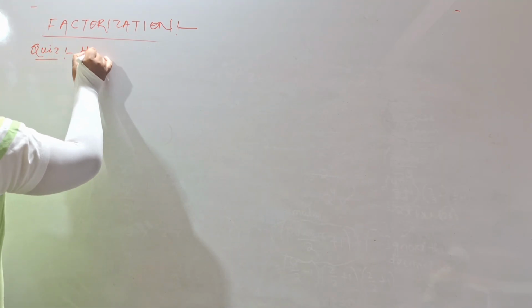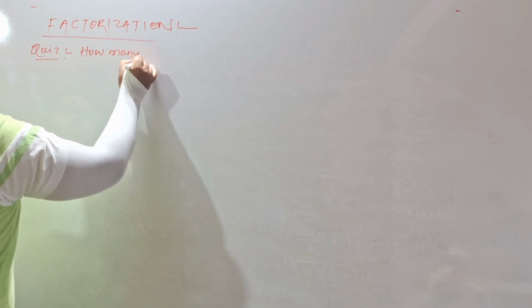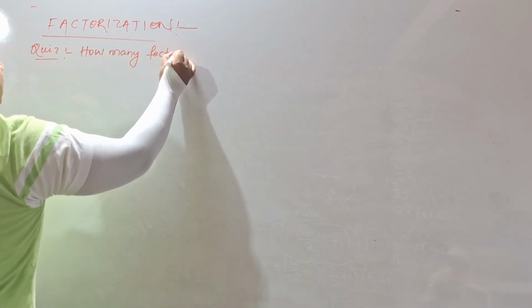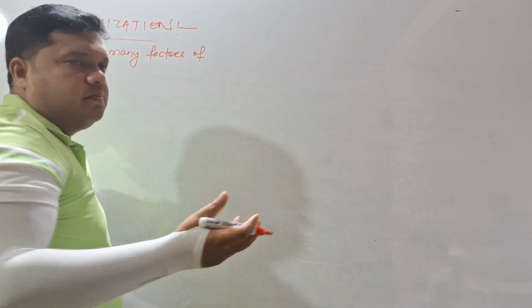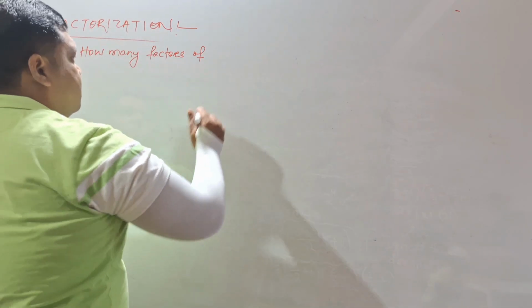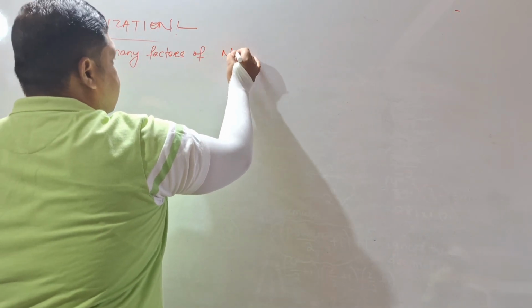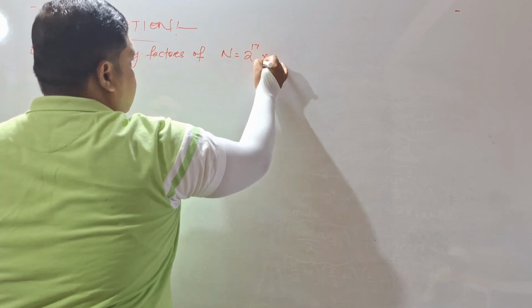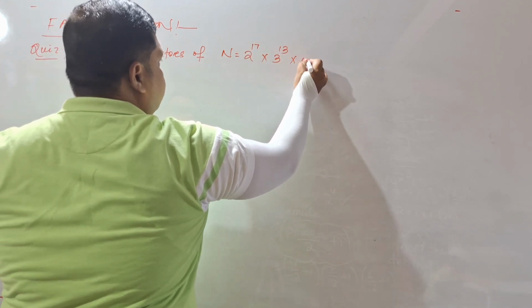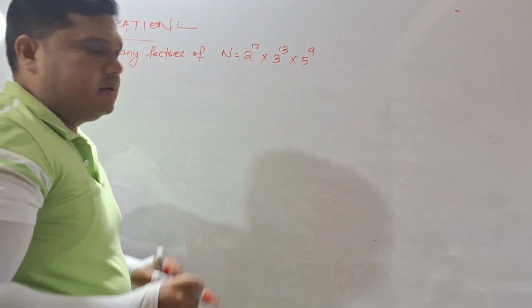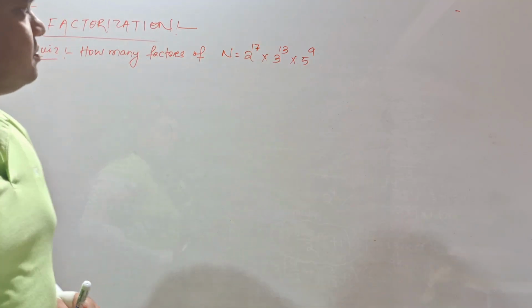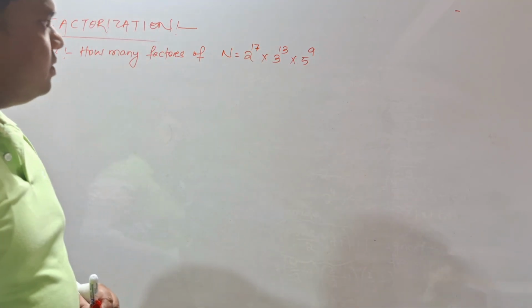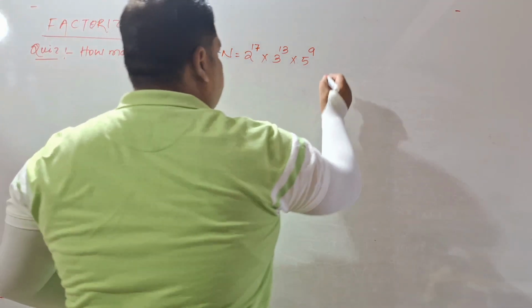Next one is very, very important. How many factors of any number? Suppose, because 3600 we already solved a few questions, this is the question I will take. n is equal to 2 to the power 17 into 3 to the power 13 into 5 to the power 9. Okay, a big number, which are in perfect square form